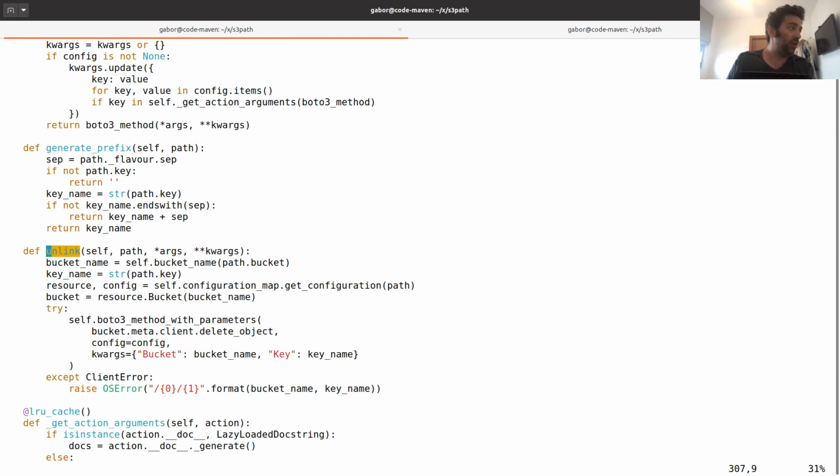Okay, it has a flavor. The flavor is specified, for example, in Windows and Linux, whether the slash is here or here, right? It's the flavor of the file system. Okay. And another thing that we have here is accessor.